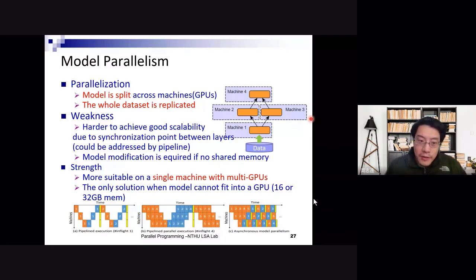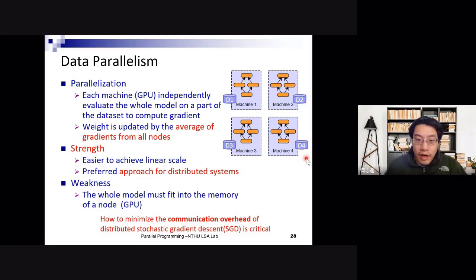It will, when you try to dispatch or schedule your tasks to different computing devices, and it's often used on a single node where you have shared memory, so you don't need to actually copy the data between those computing devices. Okay. However, if you want to train your model across multiple machines without shared memory, then usually people use data parallelism